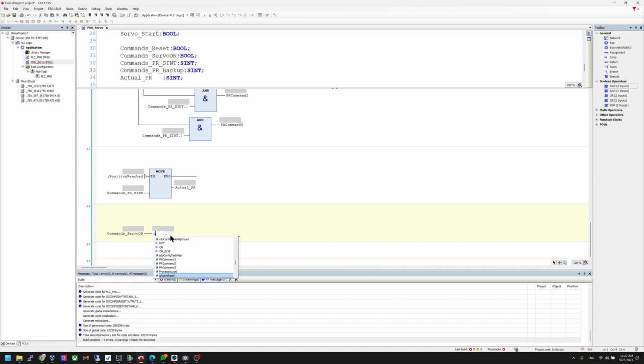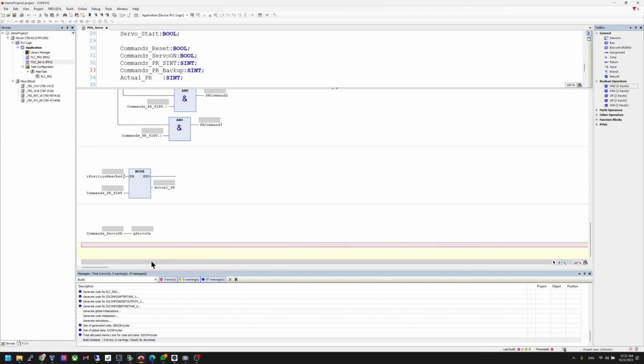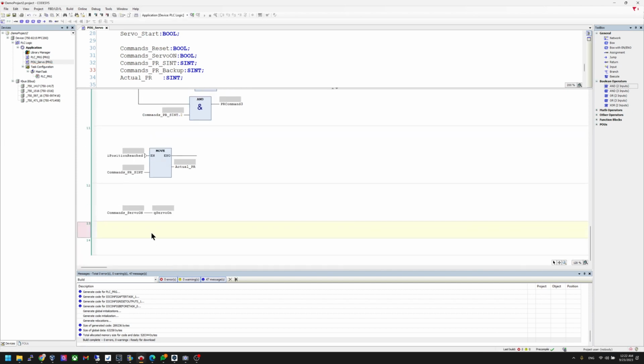Then I put it to Q servo on. Okay, and insert one more assignment. Command reset is equal to Q command Q alarm reset. Okay,